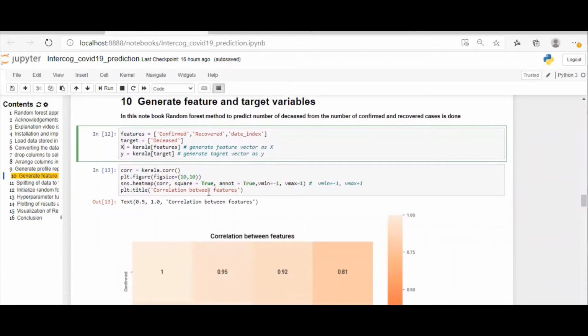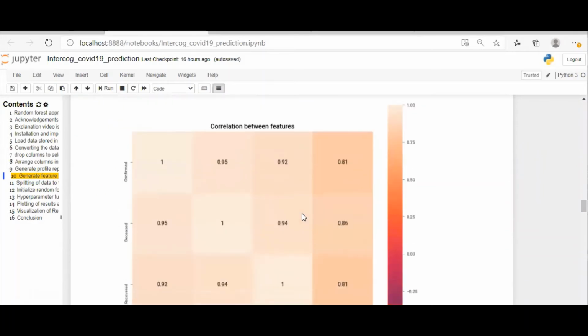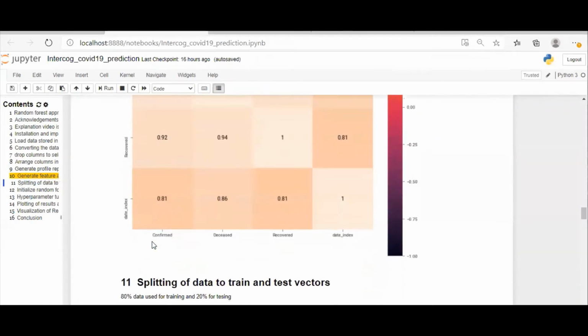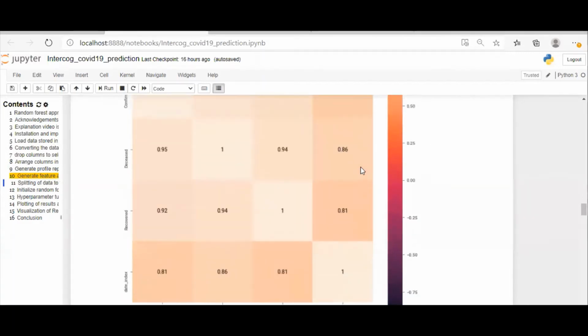Before proceeding, I'm plotting the values of the correlation coefficient between different parameters. You'll see that there exists a good amount of correlation. Confirmed and date index are correlated. Recovered and deceased are also correlated, and date index also shows good correlation.